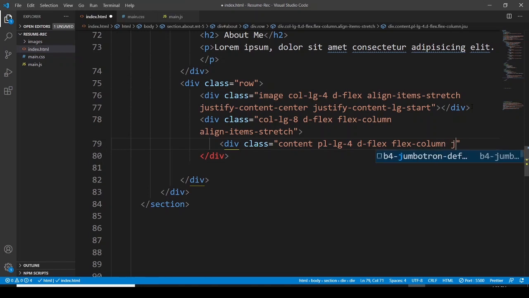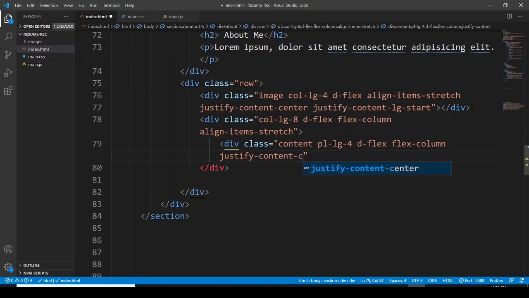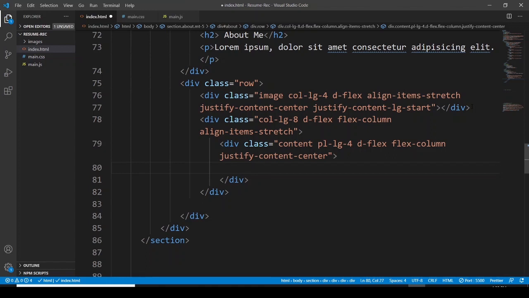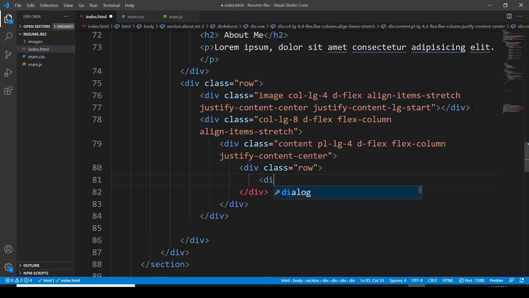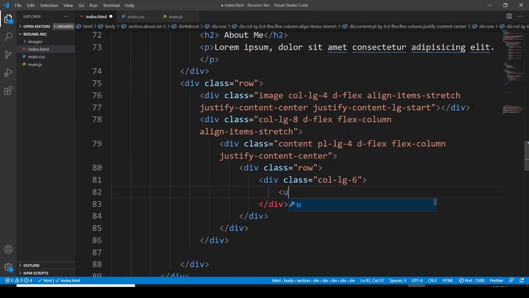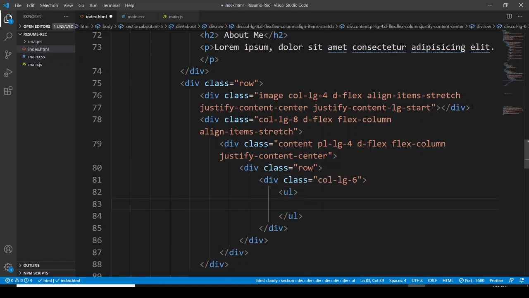Justify, spelling of justify, content center. Let's say div, assigning it a class. Class is going to be row. Again, division, assigning it a class, col-lg-6, unordered list. Within this unordered list, I would like to go with the list item,